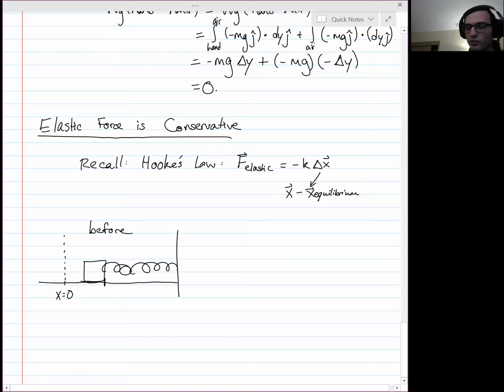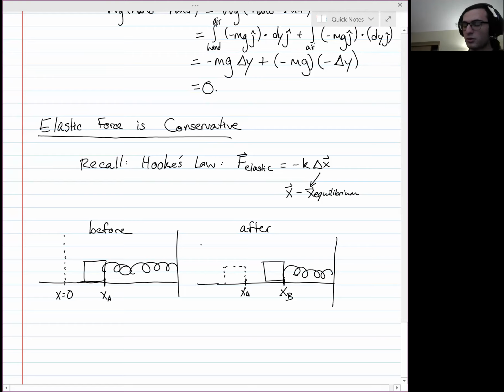And let's say we look at this right-hand end, we call this xa, that position. Then we have after, and it's compressed a little bit. So again, look at the right end, we have xb over here. xa would have been somewhere over here. I'll draw it as like a little ghost block. That's xa, and then we have